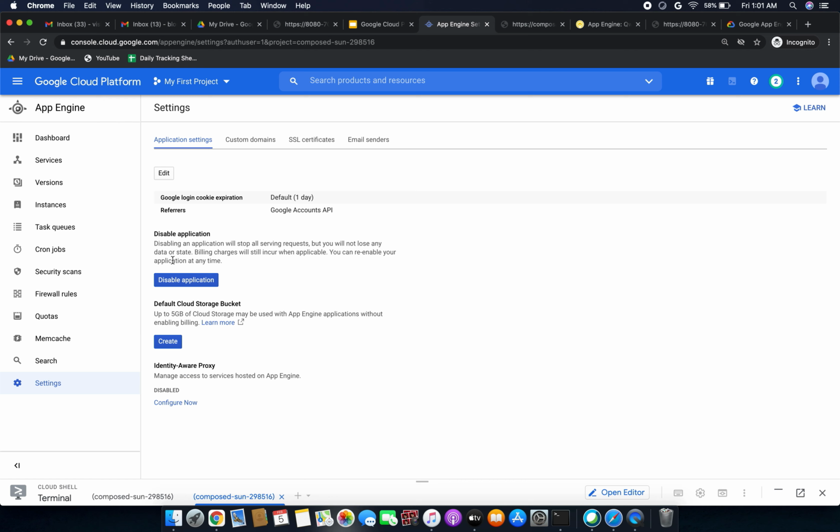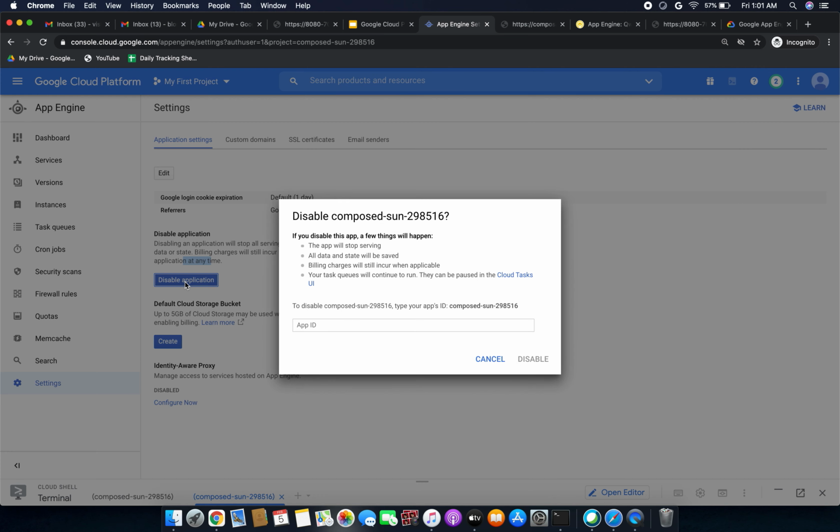When I started the App Engine project initially, I enabled the application, as you may have seen in my previous video. If you are doing it for the first time, no need to worry about this. If you have done it multiple times, or have created App Engine, you have to disable the application first. Only then will Google Cloud not charge anything for App Engine running. So I am clicking disable application so that they won't charge.